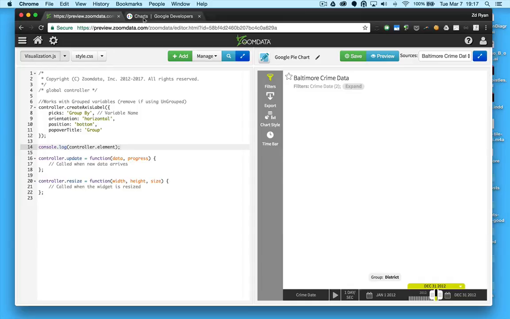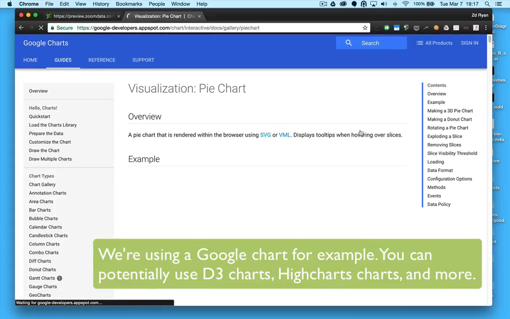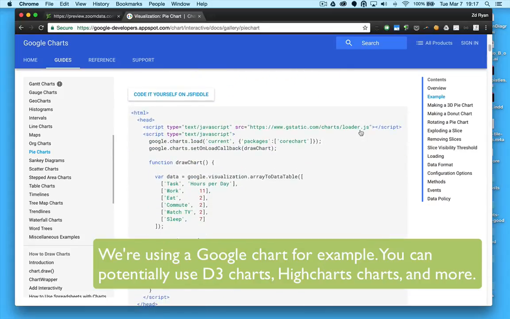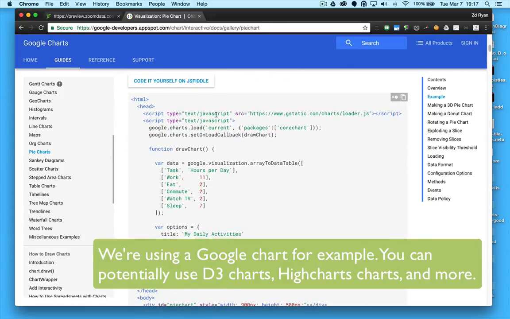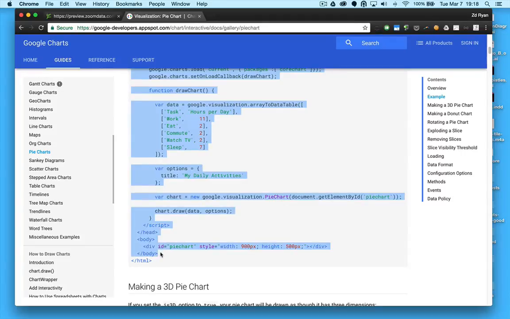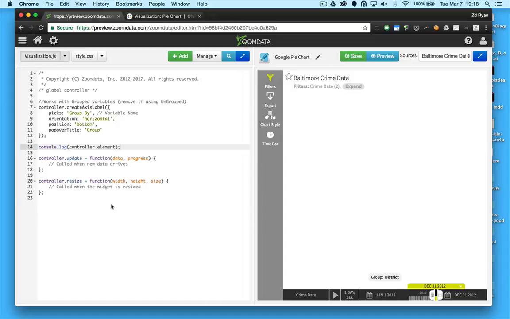Now we're going to look at some Google code. I'm just going to grab Google's pie chart. It looks pretty nice, and I like it, and it's very simple and straightforward. And here's their code. We don't need all of the code, but we're going to need some of it. I'm going to copy what we need into our Chart Studio,